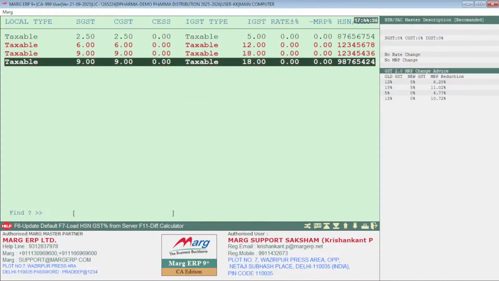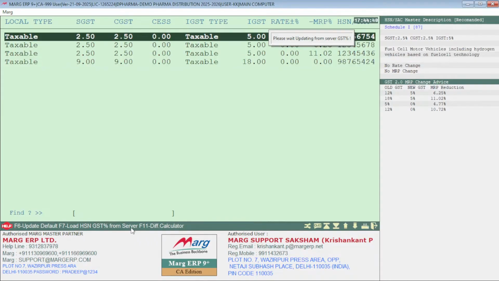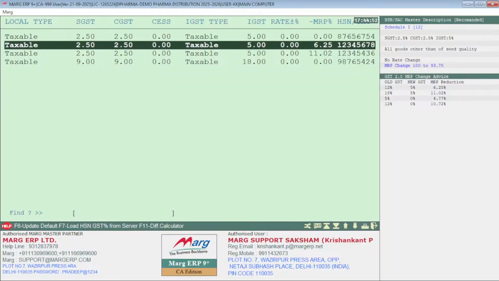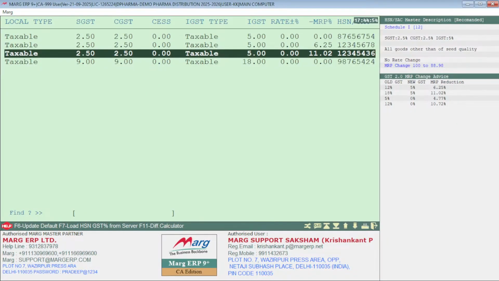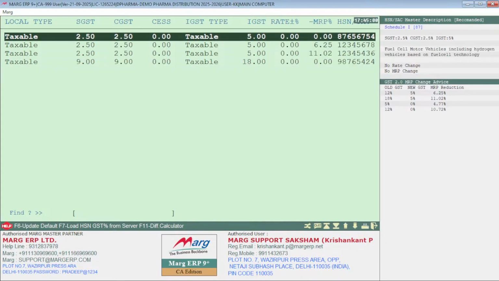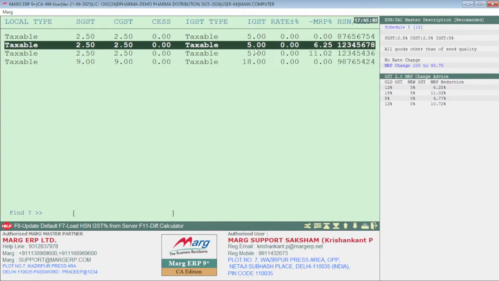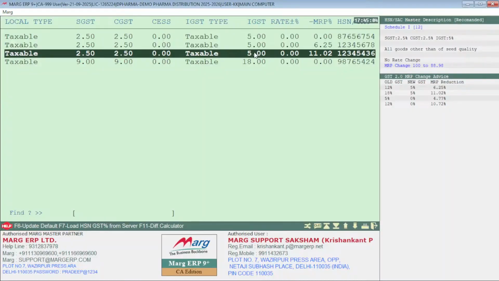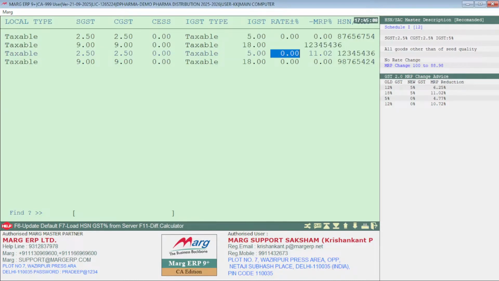After doing these changes, if you want to go to default setup, you can press F6 also, and it will make it a default setup. So we can see that 2.52, it is automatically changing the GST. I don't need to do it manually, it has been done automatically. All the taxes which were showing before, like 12%, 18%, have been replaced. You can easily see that before it was showing 12% and it was all in red, but now it has been replaced. If you press F3 on this item, see,